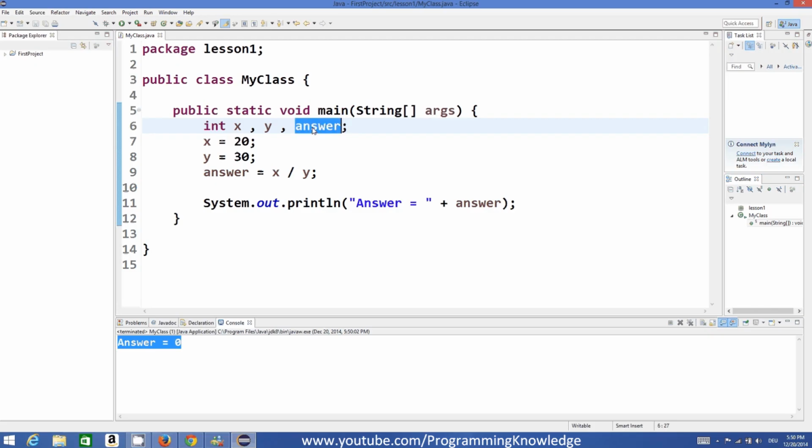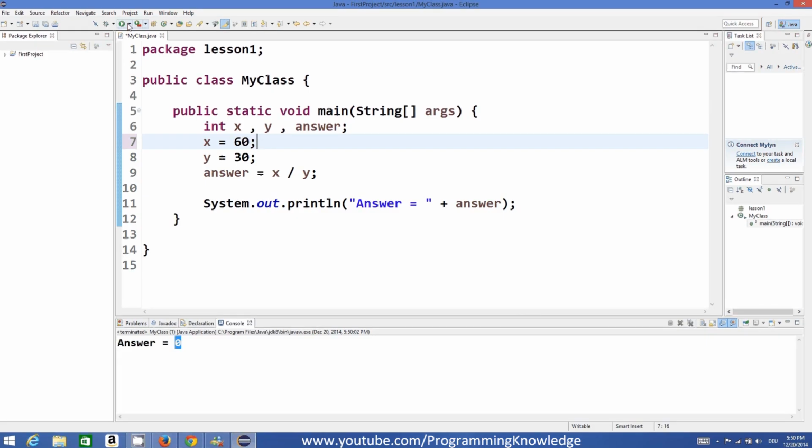So answer is also an integer variable, and x and y are also integer values, right? And whenever we divide two integer values, the answer will be an integer, and if this answer is not an integer, then you get 0. So for example, let's divide 60 by 30 for now and compile the program, and we get 2, right?